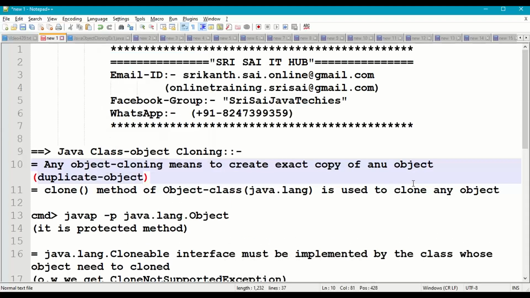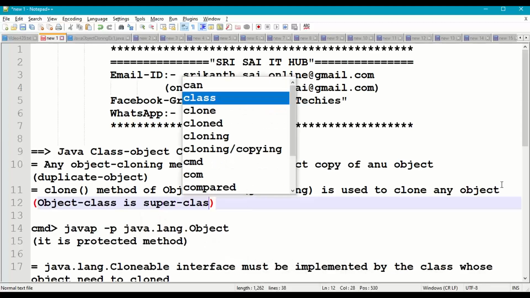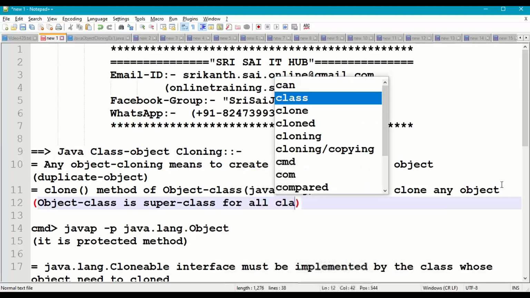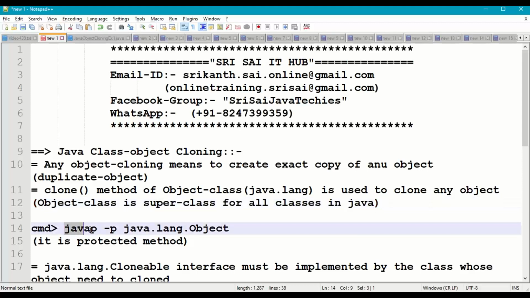For this we are going to use the clone method, and this method is available in the Object class of the java.lang package. The speciality of the Object class is that it is the super class for all classes in Java. So if you see the description of the Object class, javap -p